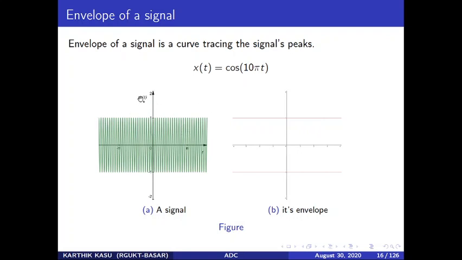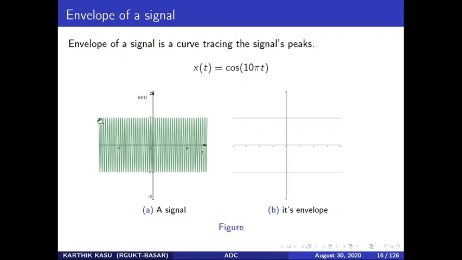This has to be x(t); there is a mistake. Now we have two envelopes. One is called the upper envelope and the other the lower envelope. They will be symmetric, so we simply take the upper envelope only. If I say envelope, by default it means the upper envelope. We don't think much about the lower envelope because they are the same, just symmetric.